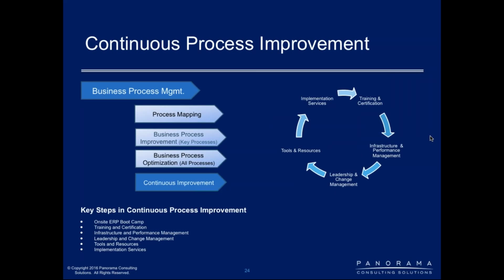And then finally, you have your continuous process improvement, which is after the fact, after you've done either your process mapping and or your process improvement and optimization. You'll then get into continuous improvement, and that's where you look at, how can we really fine-tune our processes? How can we make sure that our processes continue to evolve and that the technologies we're using continue to stay aligned with those business processes? So it's really getting into that more of the center of excellence and continuous improvement type of mentality within your organization, where you're being more proactive so that hopefully you don't run into the same problem 10 or